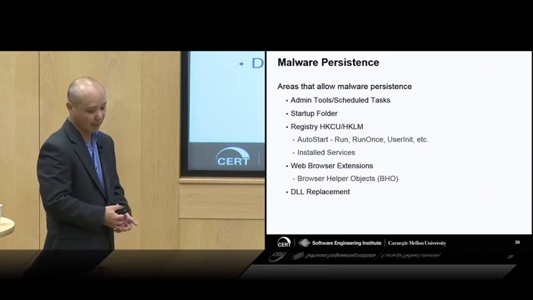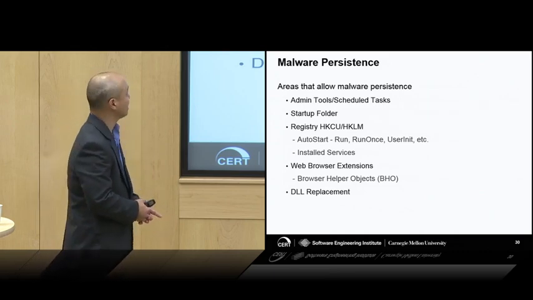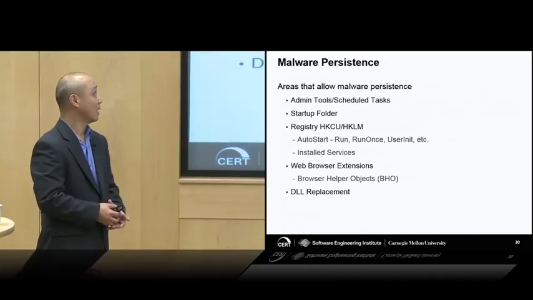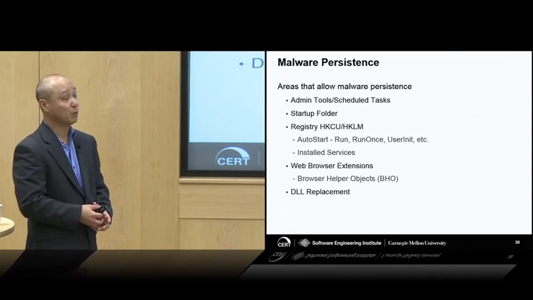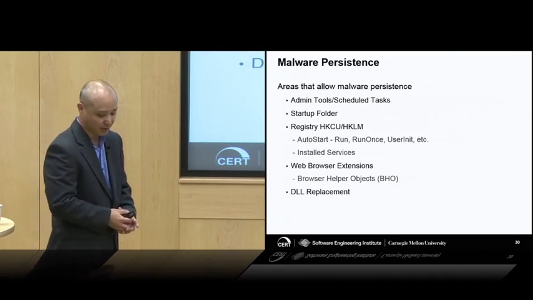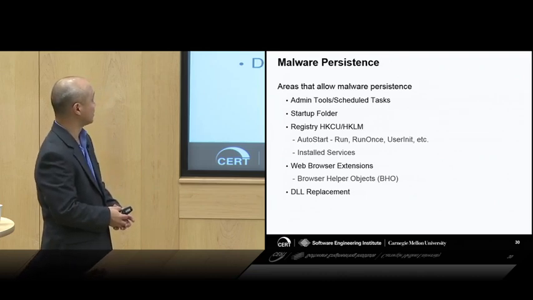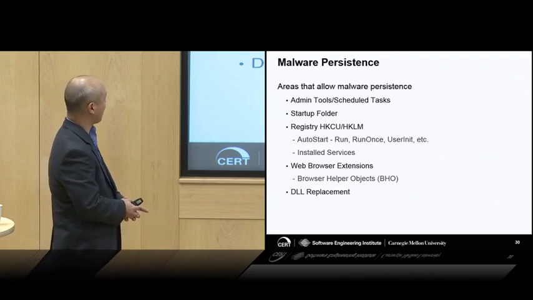It's pretty straightforward and pretty sneaky. The startup folder: not everybody goes in and looks to see exactly what's in their startup folder, but if you put a copy of malware there, as soon as you start up your computer, it will run those particular applications in that folder. There are parts in the registry